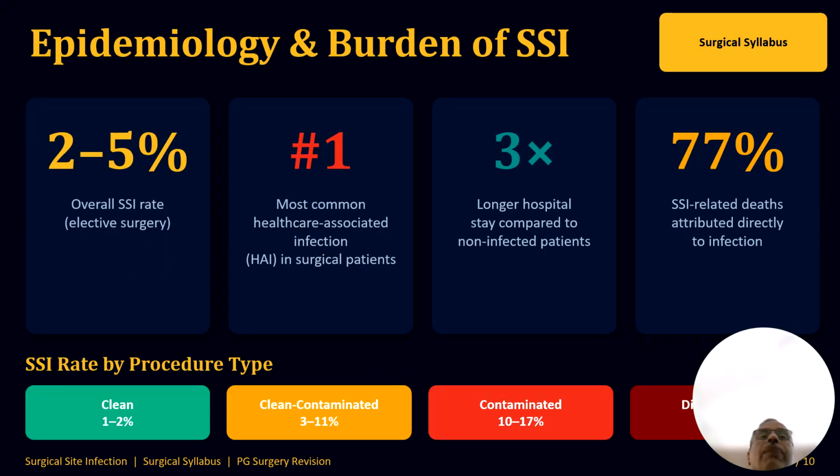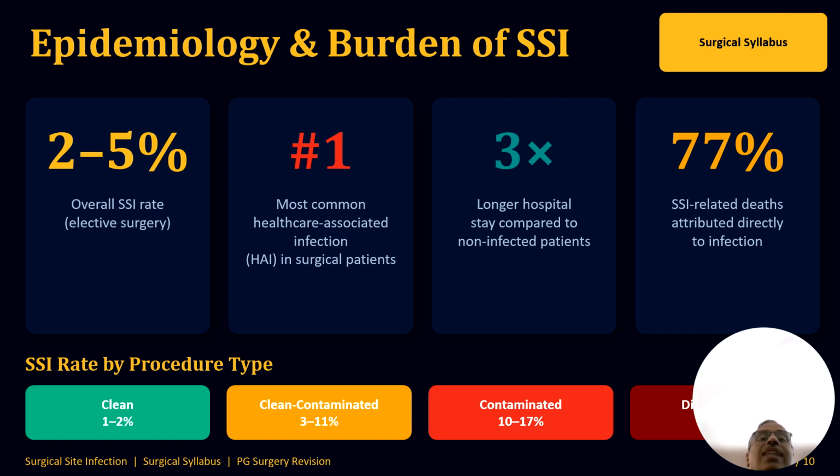Now, coming to the epidemiology and burden of surgical site infection, we have already seen how it affects the patient economically, psychologically, as well as physically, but it also affects the entire healthcare ecosystem. Overall, in an elective surgery, the incidence of SSI is 2 to 5%. That means if you do 100 elective surgeries, 2 to 5 patients may